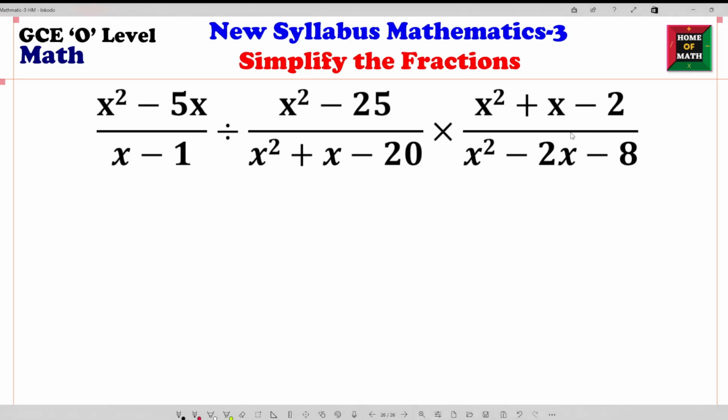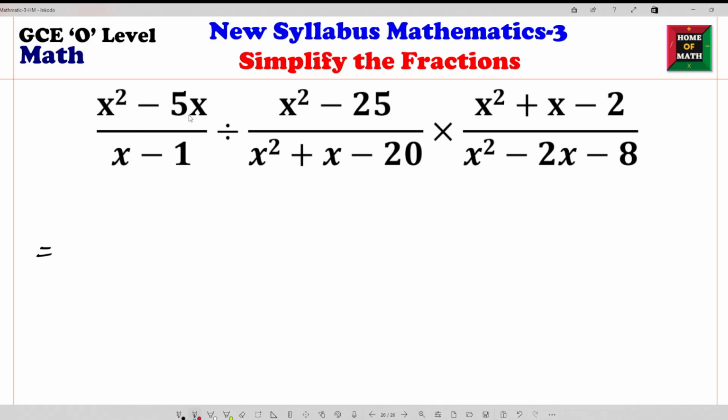Our question: (x² − 5x)/(x − 1) ÷ (x² − 25)/(x² + x − 20) × (x² + x − 2)/(x² − 2x − 3) − 8. So these fractions we will simplify. So first,